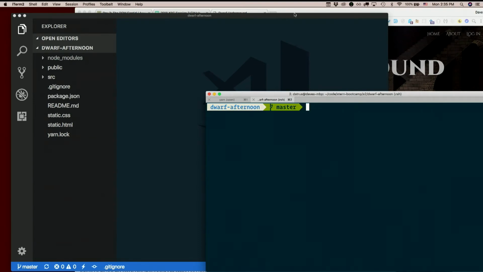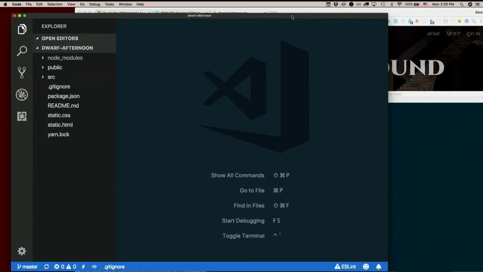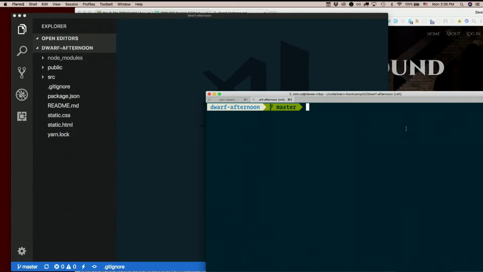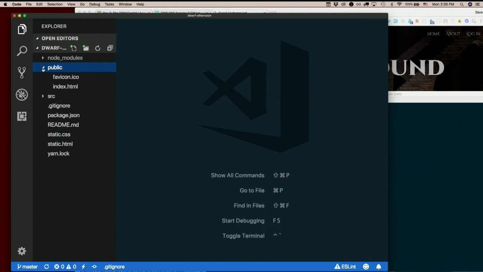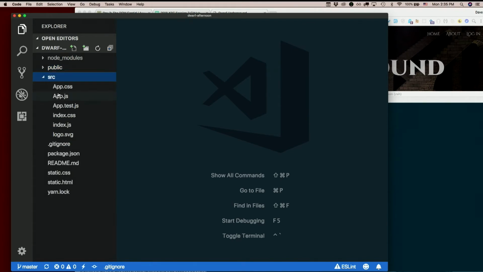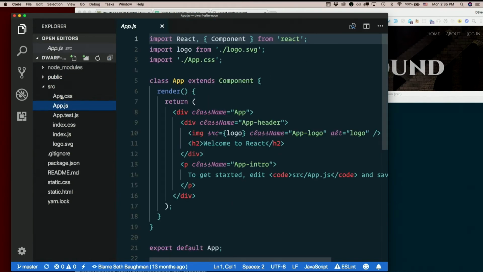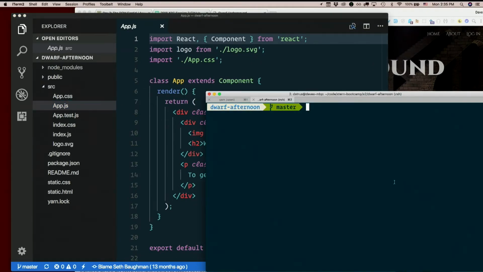All right, so we have this thing. We can't just run index.html in a browser. It's not going to work. Our component is not real JavaScript. It's JSX. It has to be compiled down to real JavaScript. So for that, we need some sort of build process. And during development,